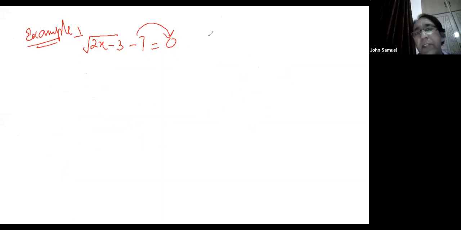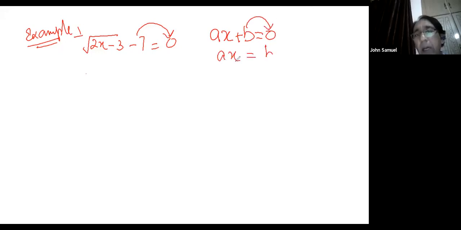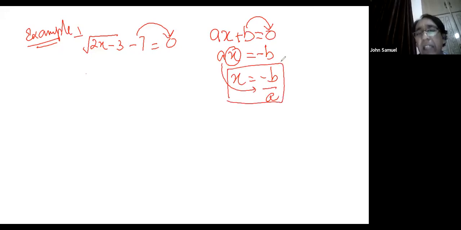Do you remember what the standard form of the linear equation is? The linear equation standard form which you learned yesterday in the previous topic: ax plus b is equal to 0, if you can remember that. And you have shifted to this one here. If you remember the whole process we have done, and we need to find the value of this unknown variable, then we can take this value, a coefficient, here. This is what we got yesterday and found, right?